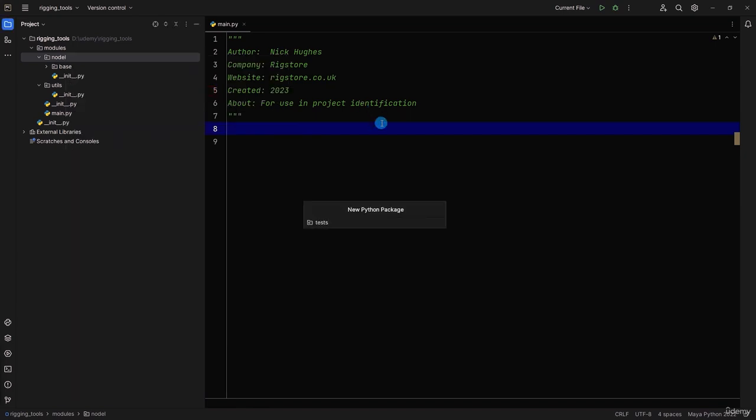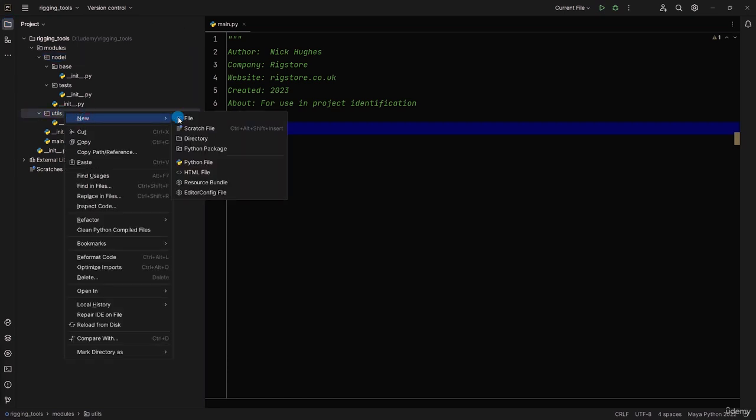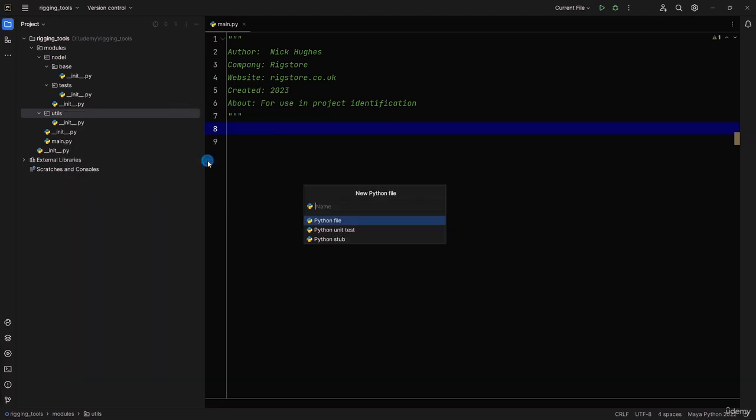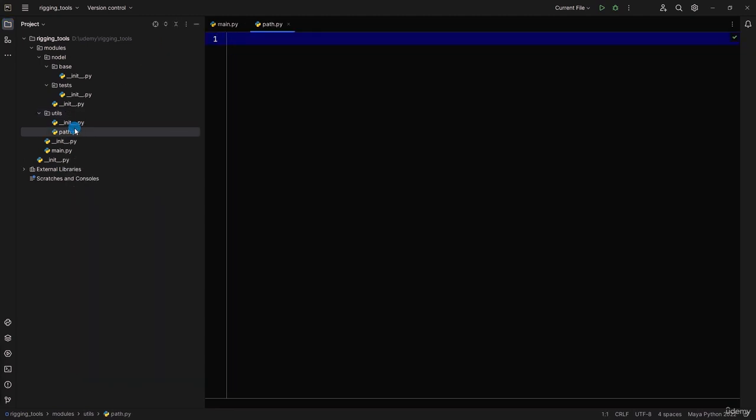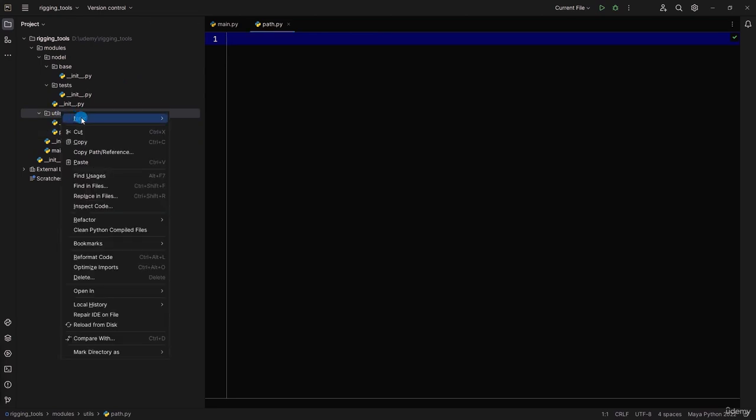Now, actually, I shouldn't have done that there. We're going to be doing a tests video after this, but we'll just create everything as we need at the moment. Okay, we've got our 3 new Python directories set up here. And within these, we're going to add some modules. So within utils, we are going to add a Python file called path. And within utils again, we are going to add another one called